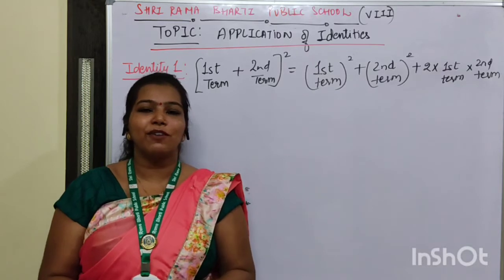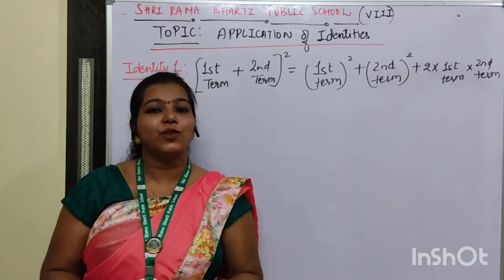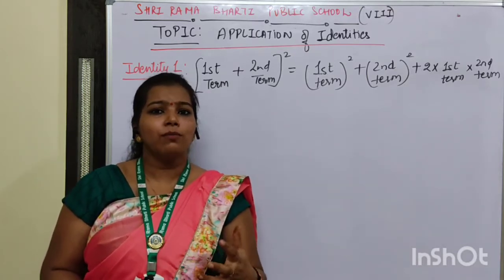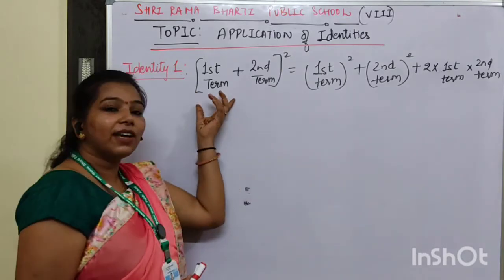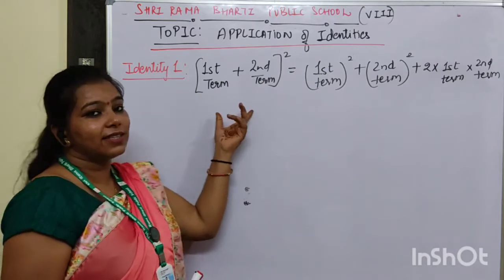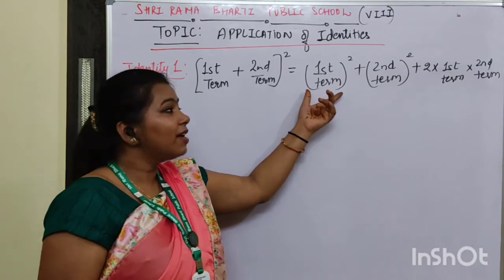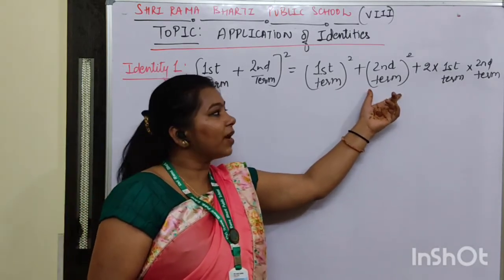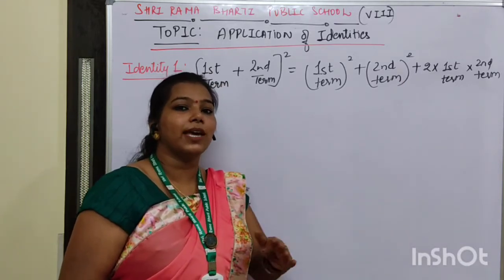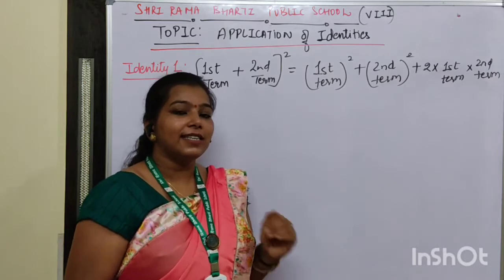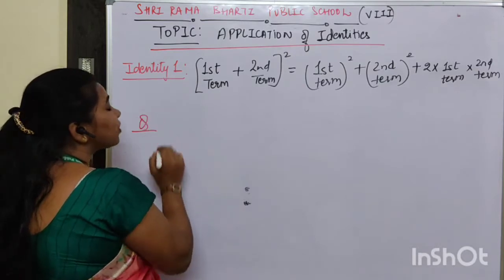Today's video is going to be a very interesting video, because what we are going to learn today is a very quick method to find out the square of any number almost without using pen and paper. So let's start. As we have already done, children, identity number 1 is: first term square plus second term square plus 2 multiply first term into second term, or we can say 2 times the product of first and second term. Let's suppose if I ask you to find out the square